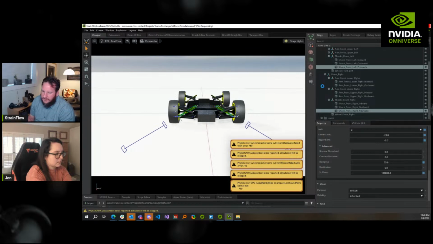Yeah, so you can adjust the spring rates, and that's what I did, but I put them way too high, and so it wrecked everything. So let's just give it a minute to try to recover. If not,